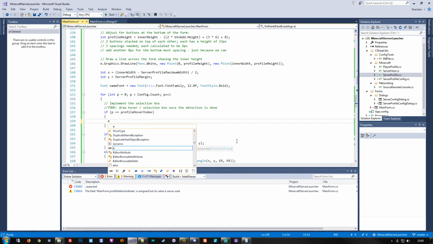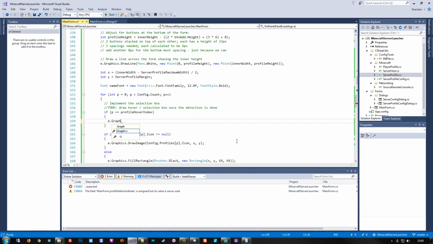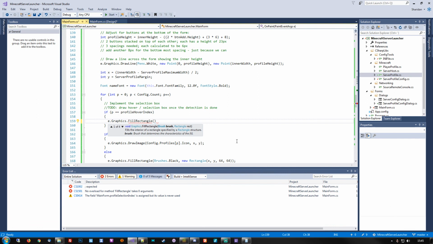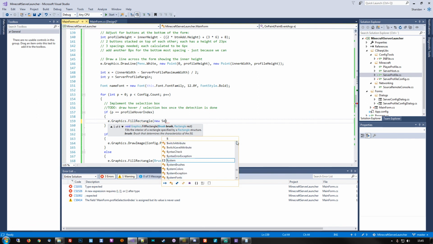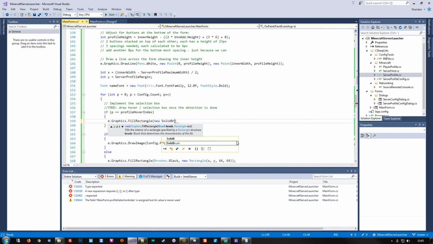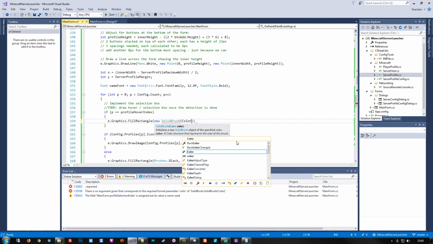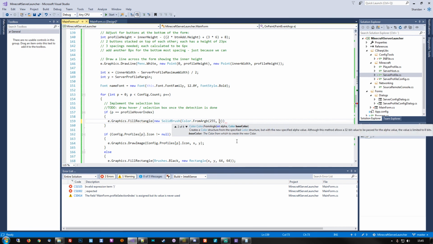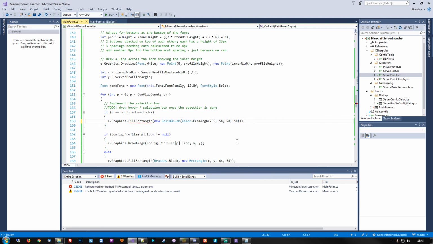So to begin with, we will do a graphics dot fill rectangle, and we will do a new solid brush, and then we will specify our specific color, which takes full alpha, and then we'll do, say, 58, 58, 58, which should be a slightly darker color,